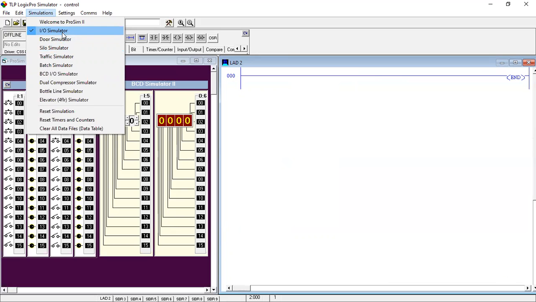After downloading the demo software, you will get only three exercises: the first exercise, door simulation, and silo simulation.